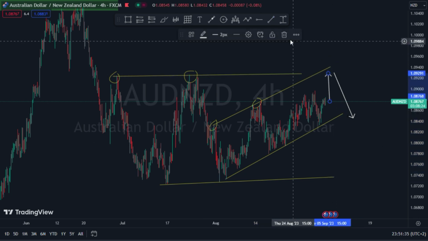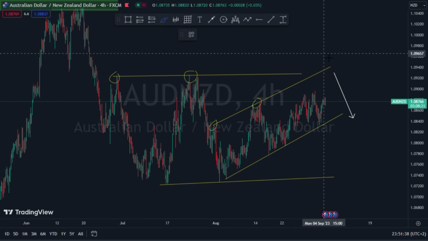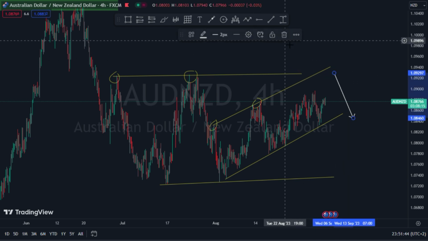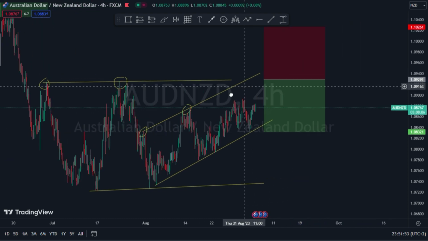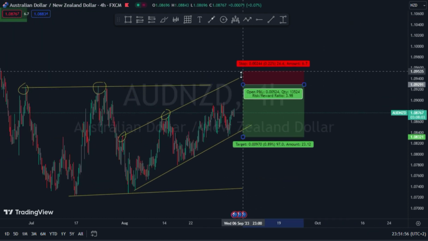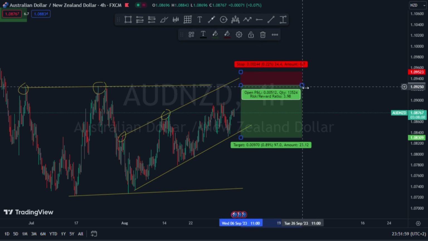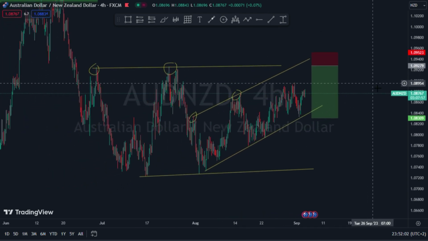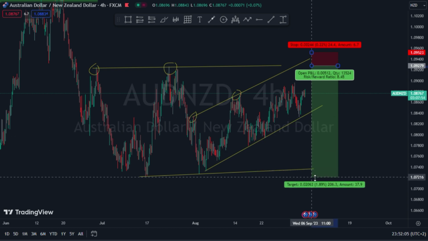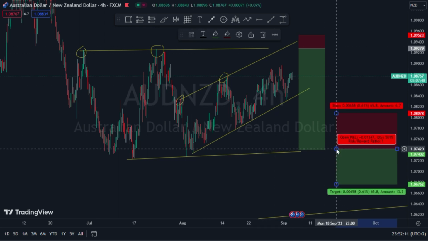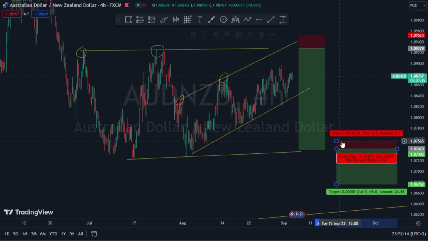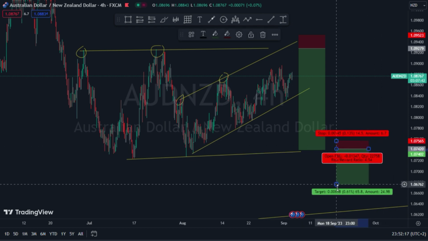So I'm going to wait for the market to at least reach these areas right here before I can enter my selling orders, and I'm just going to place my trade above these areas right here. My stop loss will be based on how the market will be moving around these areas and the candlestick patterns presented by the market, and I'm just going to push the market all the way to the downside. And my second entries will be when the market reaches these areas right here, and then I'm just going to push the market all the way to the downside, maybe until this trend right here,